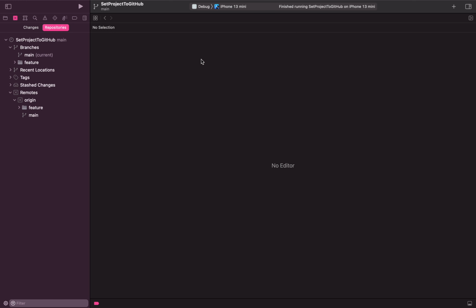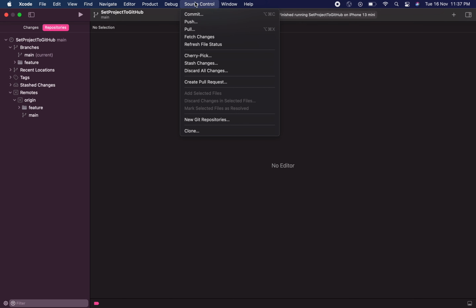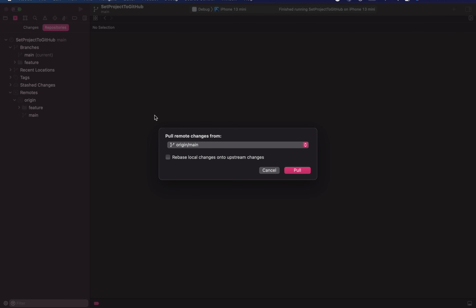Before making any new branch, we'll first pull the changes which might be there in the remote branch, or might not be there, but we'll follow this basic set of protocols. To do that, we go to source control and pull the changes.